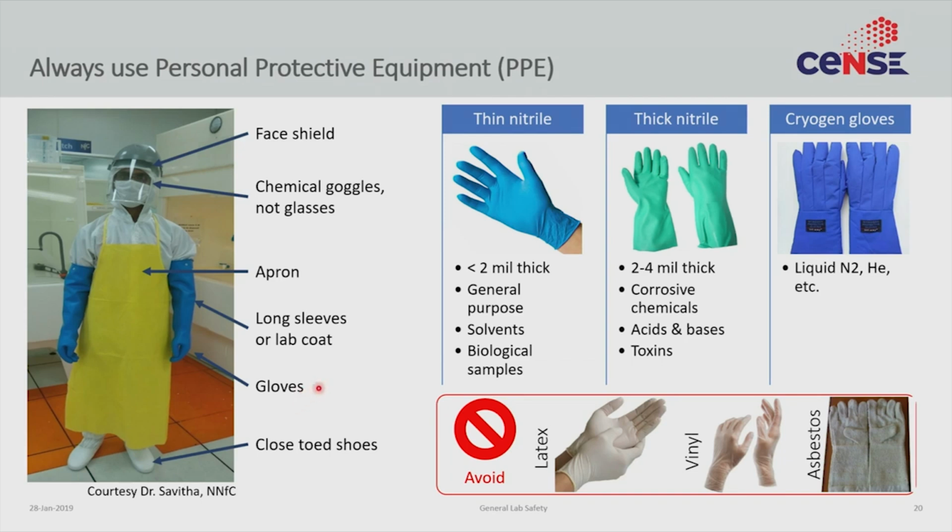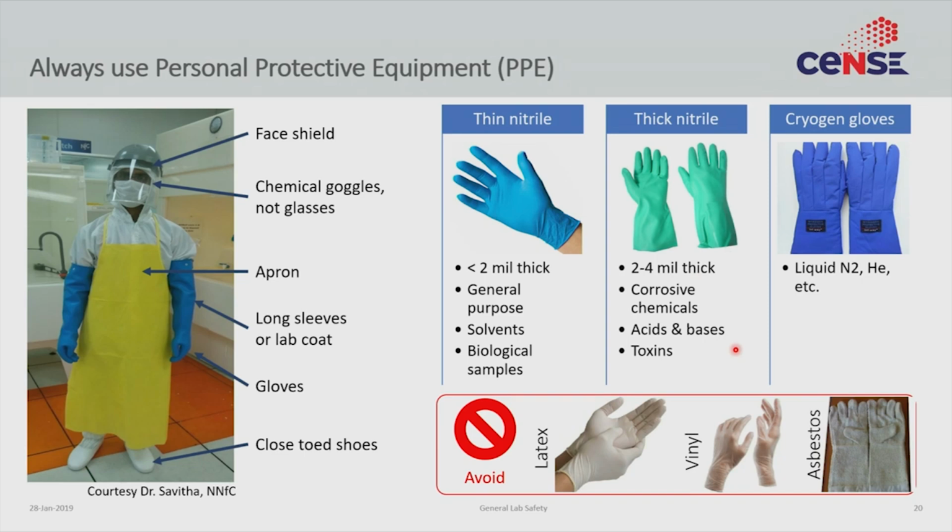For example, gloves can come in different types. A lot of people always have access to thin nitrile gloves. These are examination gloves that you can buy cheaply from a market. However, they are not rated for corrosive chemical usage or hydrofluoric acid usage. They are only rated for general purpose handling of wafers, or for solvents or biological samples. If you are doing wet etching using aggressive chemicals such as HF, sulfuric acid, etc., please invest in thick nitrile gloves,